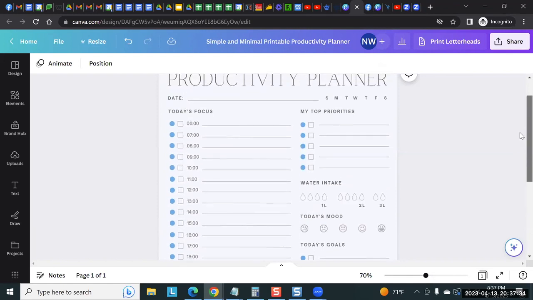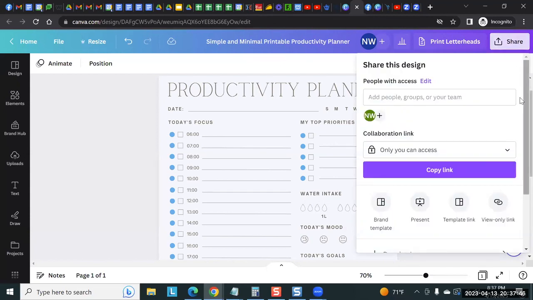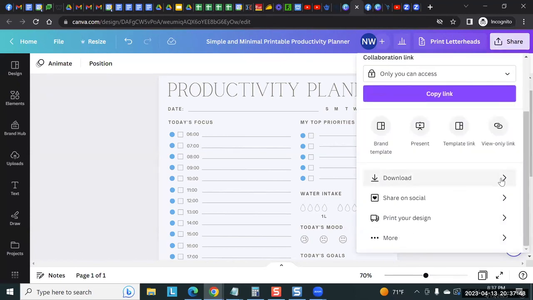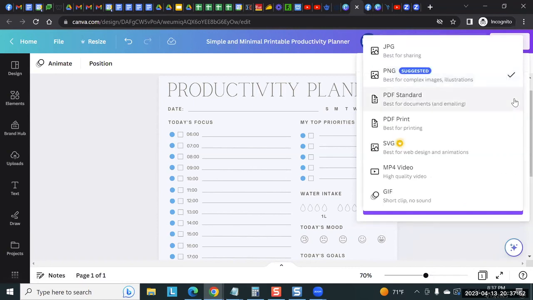So let's say this is the page that I want for my design. This is the one I'm going to work on. And this is the one that I'm going to create a listing around. So I'm going to go ahead and click on the share button. I'm going to scroll down and click on download. And because I'm selling this as a product, I'm going to download it 2 ways. One, I'm going to download it as an image. And the second one, I'm going to download it as a